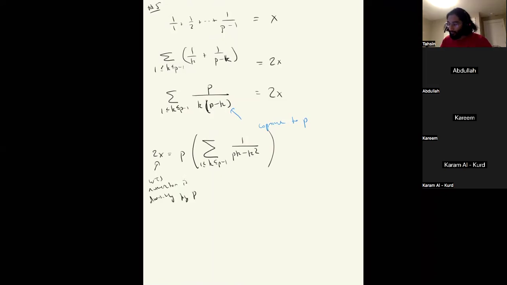As we remarked before, it's enough to look at this sum and show that it has numerator